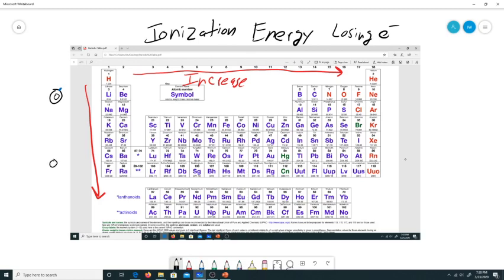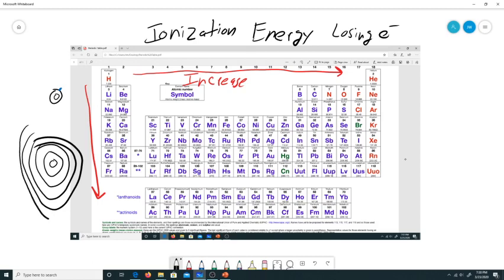So there's 1, 2, 3, 4, 5, 6. These are supposed to be circular, and clearly they're not, but you get the idea. This last valence electron is way out, way out here someplace, farther away. So its distance from the nucleus is substantially larger than that, say, for lithium. So as atoms get bigger in size, its valence electron is farther away, therefore it's going to feel the nucleus